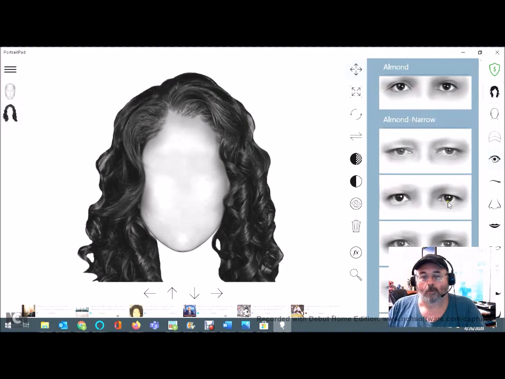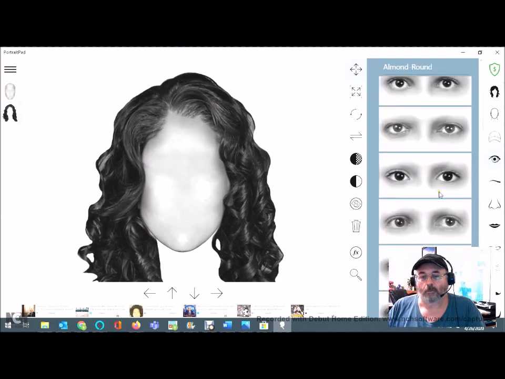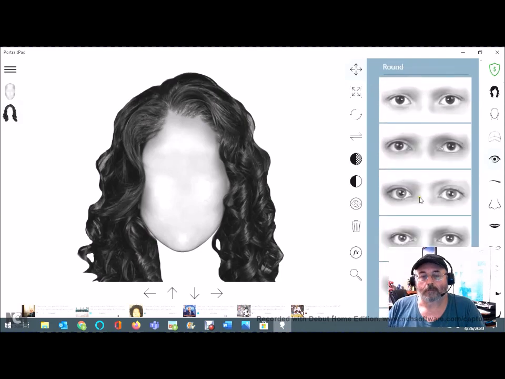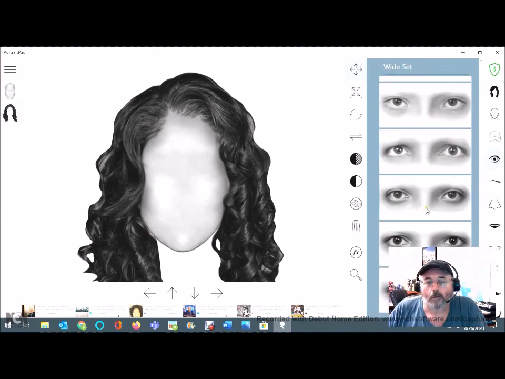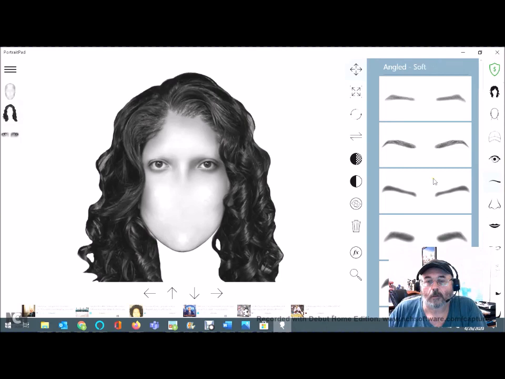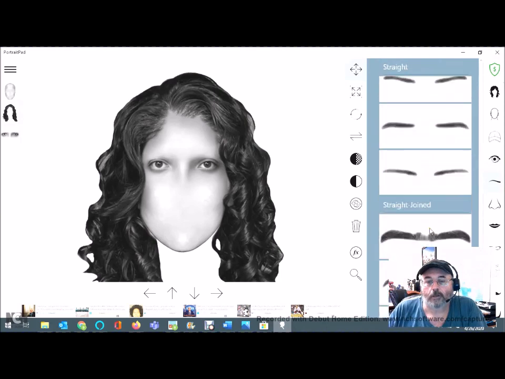We also have narrow almond eyes and rounded almond eyes. So you can select the eyes that best show what you would want. Same thing with eyebrows. And again, you can select any of these that you like. You can go down and get a unibrow,